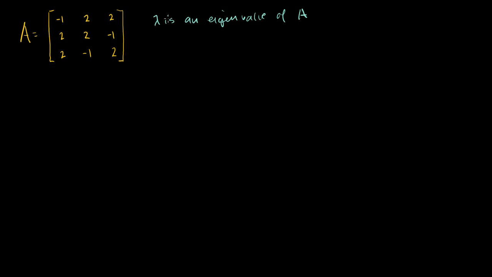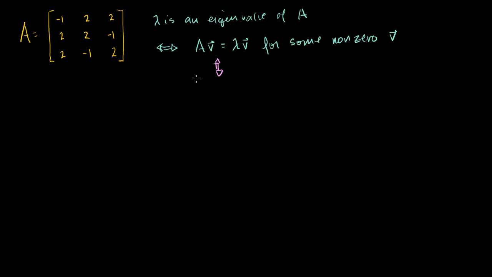of A, by definition, if and only if A times some non-zero vector v is equal to lambda times that non-zero vector v. For some non-zero vector v. I could call it eigenvector v, but I'll just call it some non-zero vector v. Now, this is true if and only if,